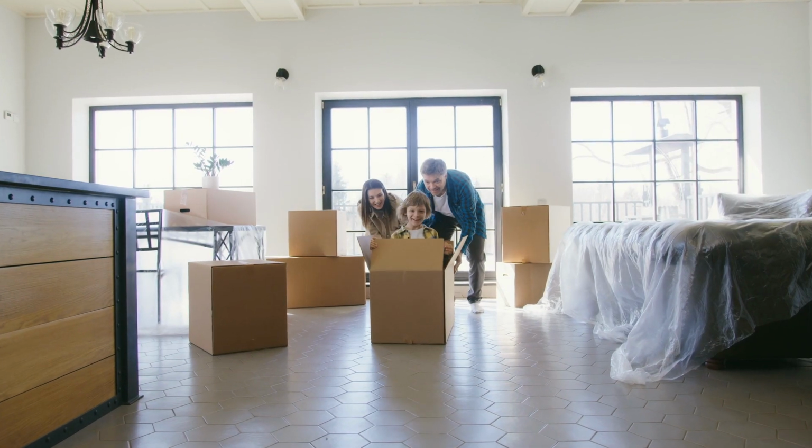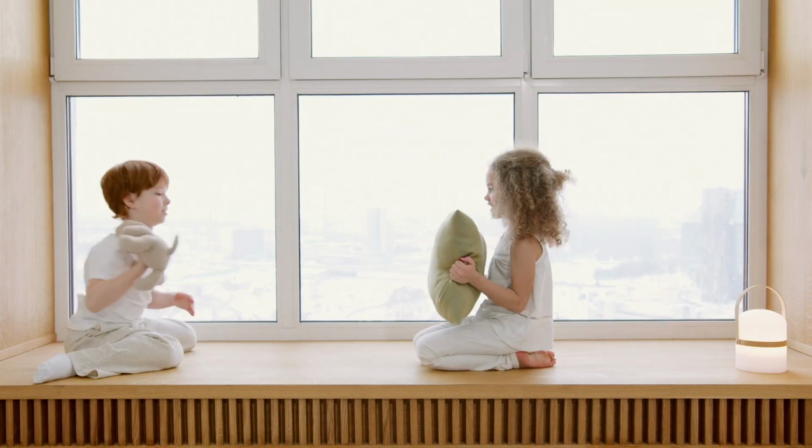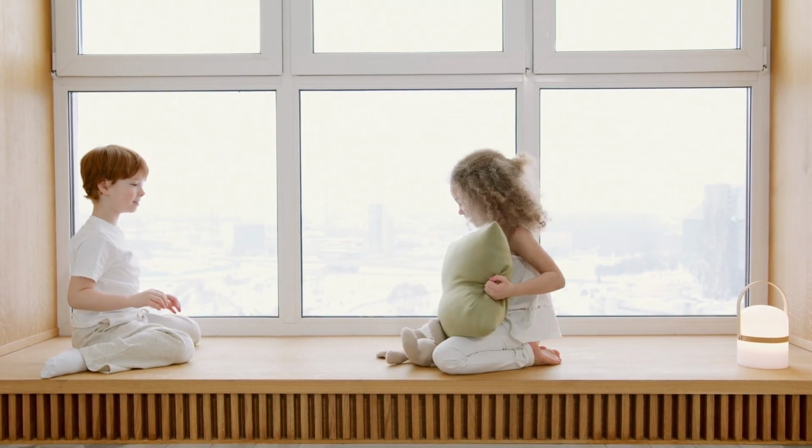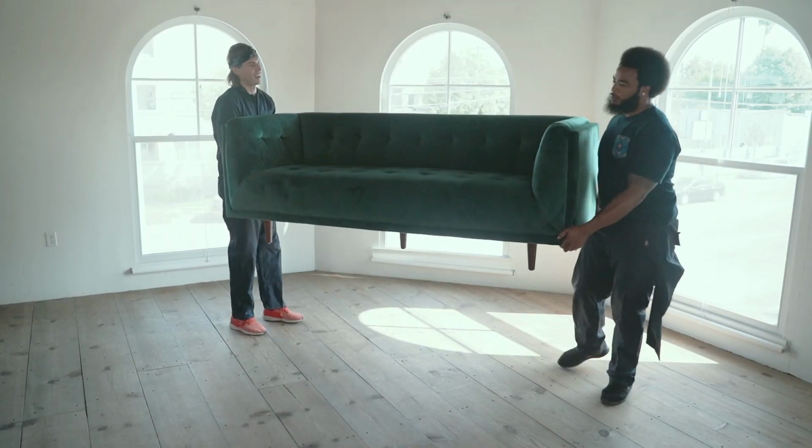You can maximize natural lighting by installing larger windows if you're doing a major renovation, or for quick home makeovers, simply rearrange the layout of your interior and remove any obstacles that are blocking your windows to open up that space. That could be getting rid of clutter, moving bulky furniture like tall cabinets and shelves somewhere that